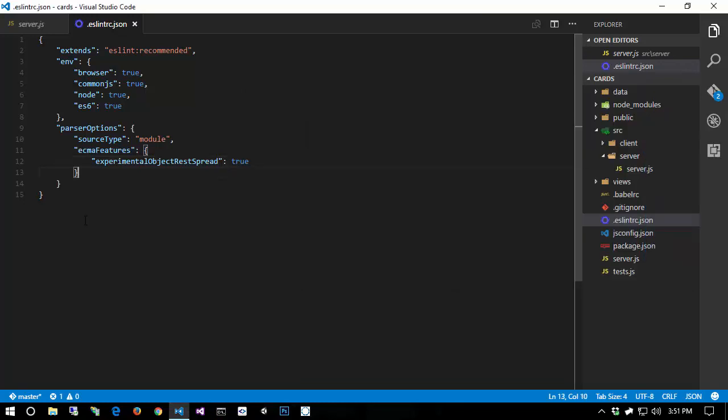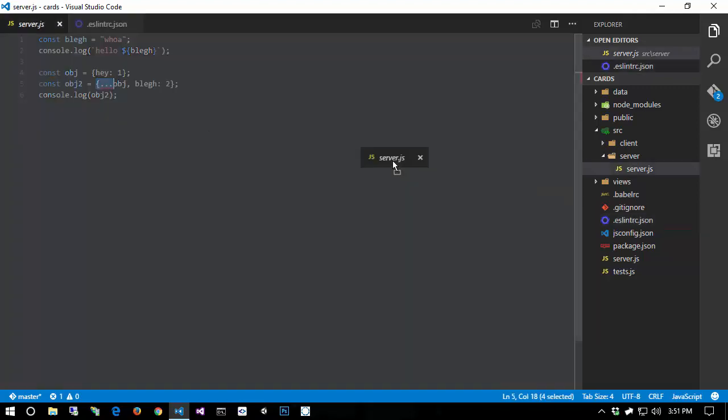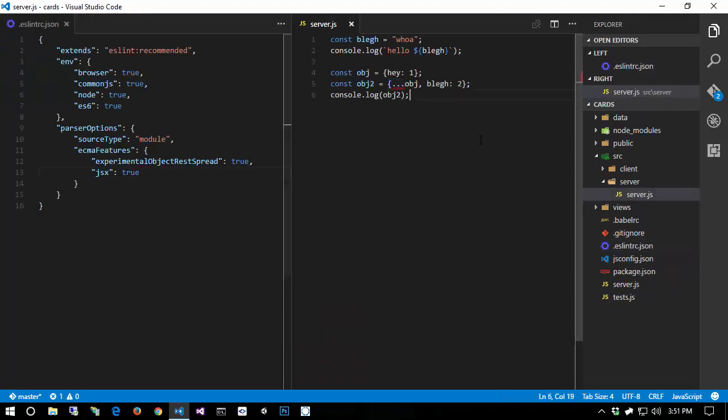So it looks like we are generally okay. And we can also enable JSX if we wanted to as well. We don't have any JSX code, but by enabling that, that will make it compile properly. But we have a problem, and that is, in server.js, if I use class properties, if I say class AppComponent, and I do static propTypes equals object,